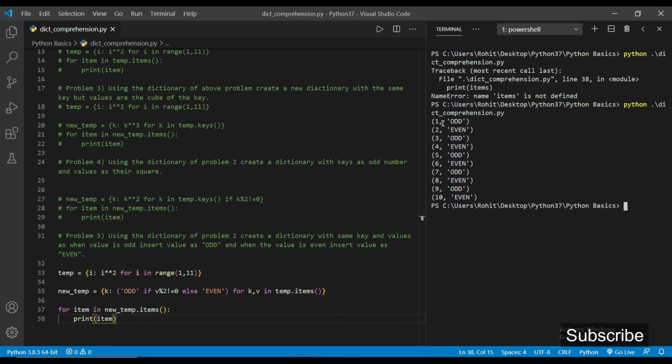Now we are getting the key from 1 to 10, and the corresponding value will be a string. When the key is odd, we are getting the string odd. When the key is even, we are getting even. So this solves problem number 5, and I hope you understood the concept of dictionary and how to use them in Python programming.